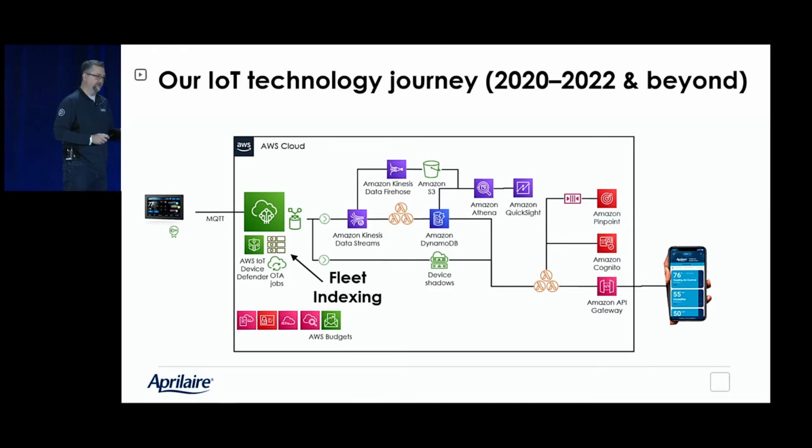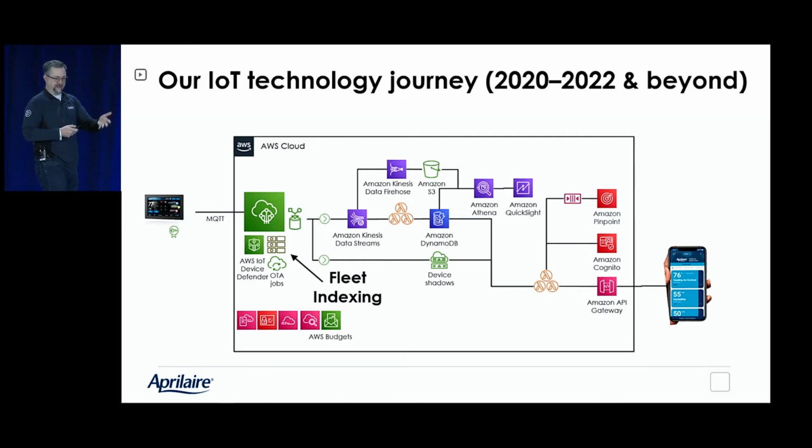We went full bore on AWS services. And while there's nothing so super revolutionary about having devices talk to IoT Core, having this stream of data come in through Kinesis and go into a DynamoDB table, the subtlety sort of comes in some of the lambdas that we do for data preparation and processing.